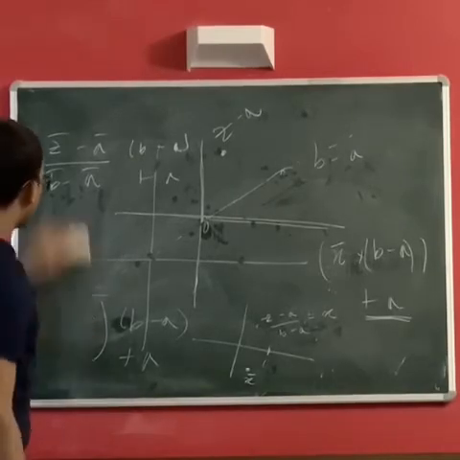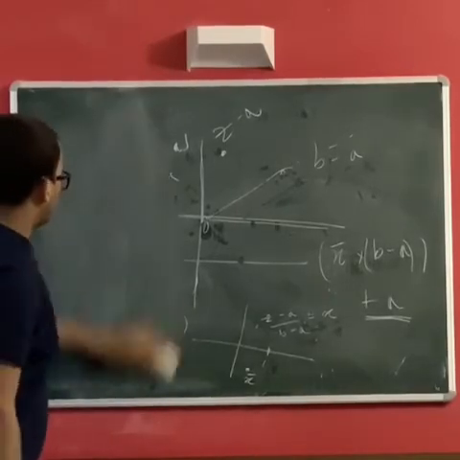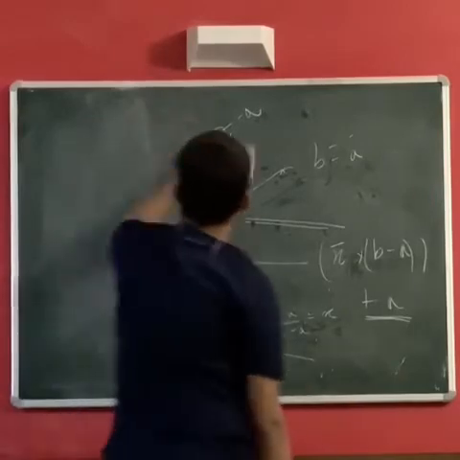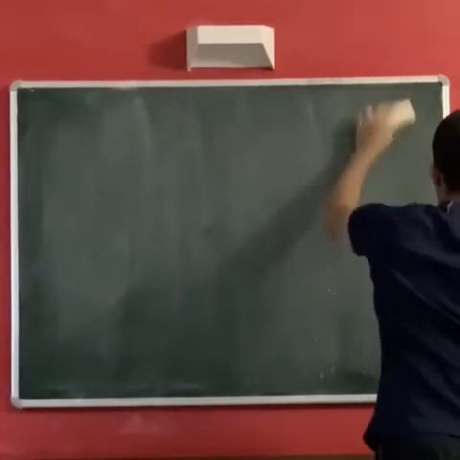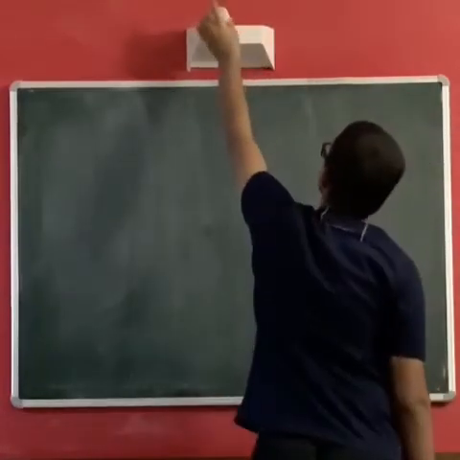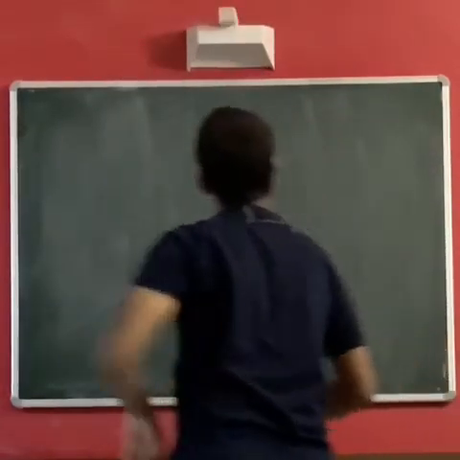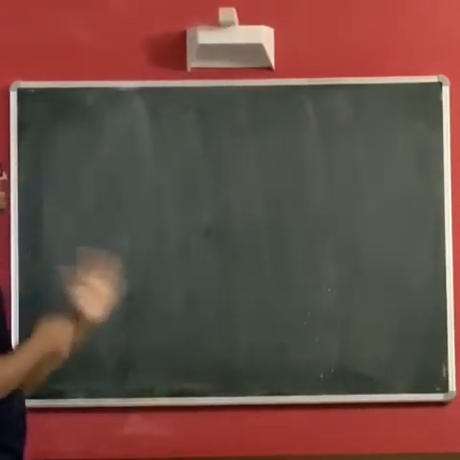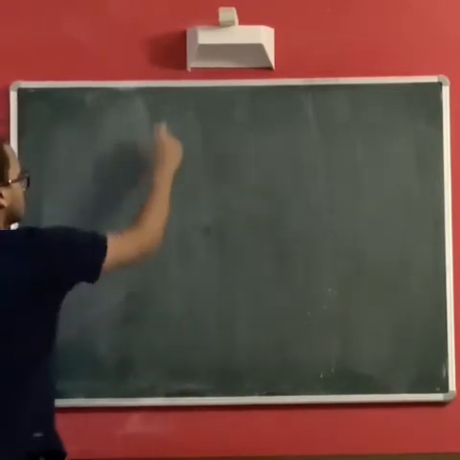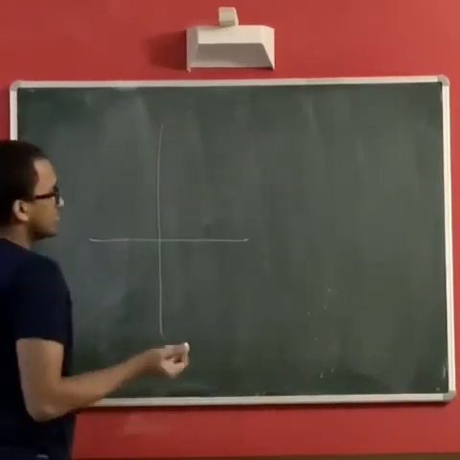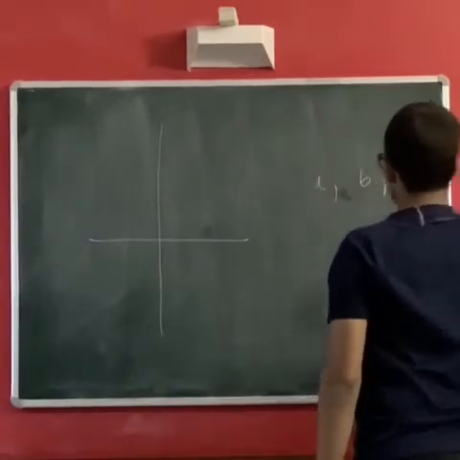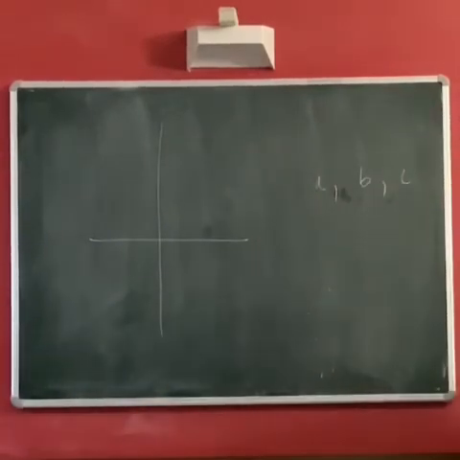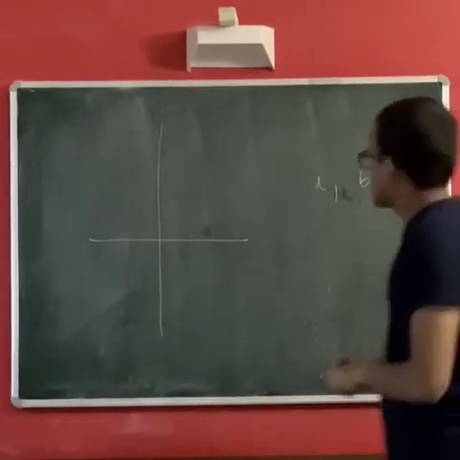Yeah, great. Now moving on, as I said about collinearity and perpendicularity, which is the next thing that we'll be covering. First we'll go with collinearity and whether it's a triangle or not, and answer such questions. So say you have three points A, B, C represented by complex numbers A, B, C. When do you say A, B, C are collinear, or when do you say they are not?